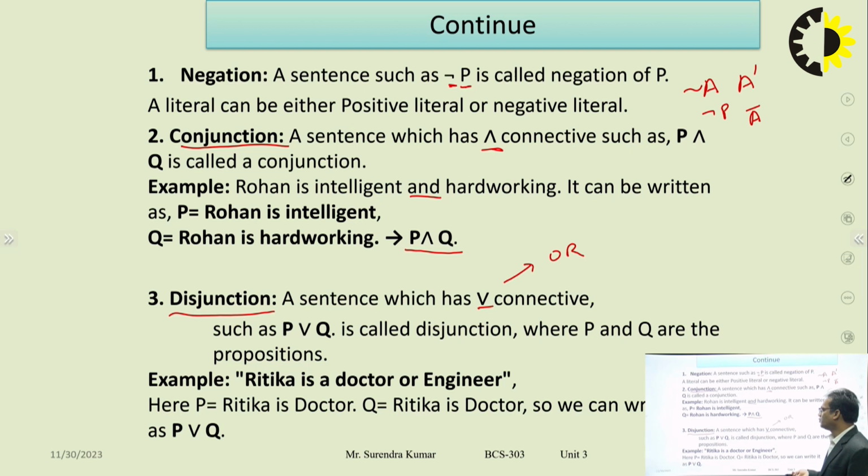Disjunction basically works with: if any one of the two propositions is true, then it will be true. If both are false, then only it will be false. So this kind of disjunction operator or connective is used, like for example, we have Ritika is a doctor or